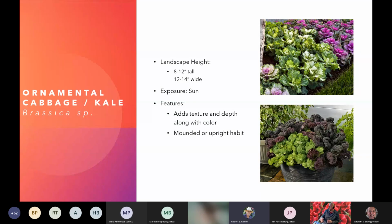No problem. Thanks, Skip. The next one up is ornamental cabbage and kale. So this is one we're not growing for the flowers. If you want to add texture, if you want to add some unique colors, if you want to add a little bit of depth to that bed or to that combination, you can see the different types that are out there. This is more similar to the head type or the